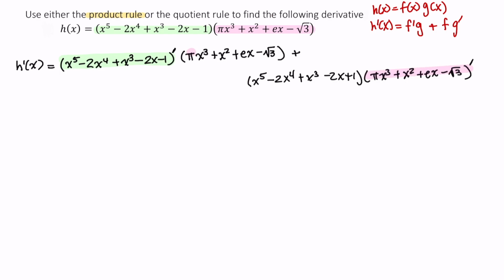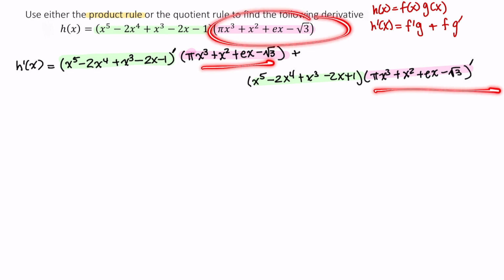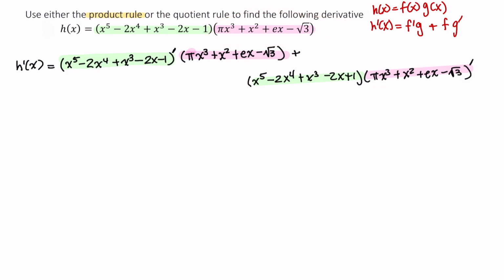And then before I forget, let me highlight these other terms. And I'm only going to do this on the first step so you can keep track of where everything came from. Everything green corresponds to this function. Everything pink corresponds to this function. So in this first step, we really just wrote everything out using the product rule. Now we're going to take the individual